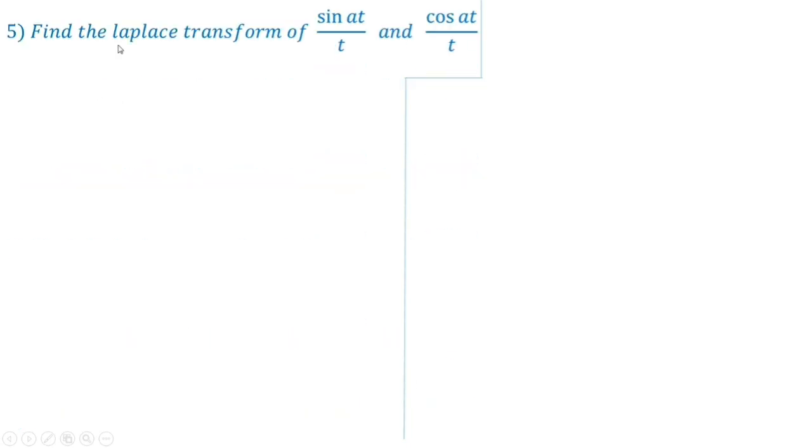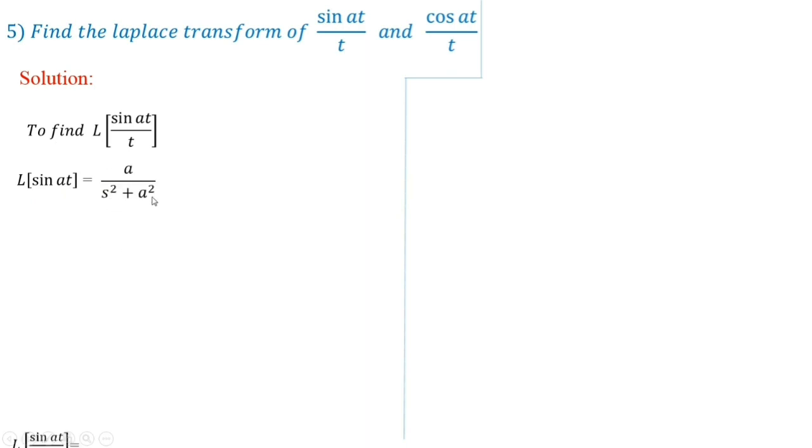Example number 5 is find the Laplace transform of sin at upon t and cos at upon t. The solution is to find Laplace of sin at upon t. Let Laplace of sin at is equal to a upon s square plus a square. Now here Laplace of sin at upon t is equal to, here by using the division by t property,